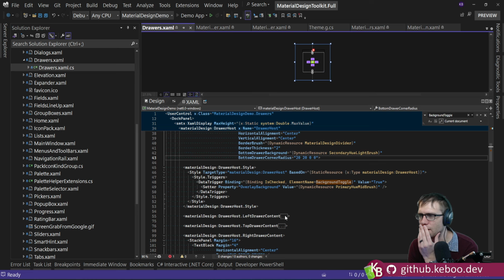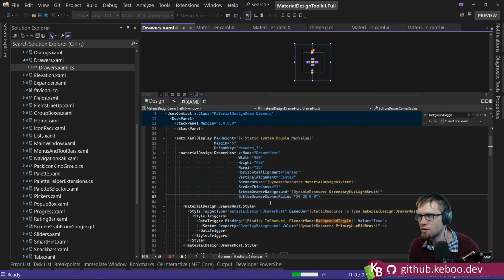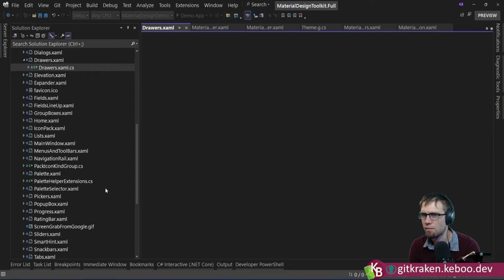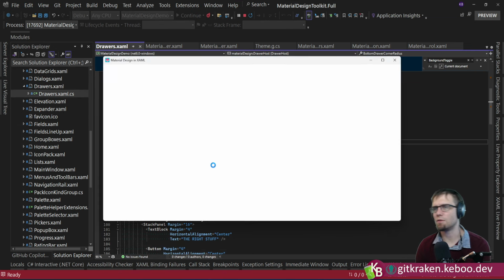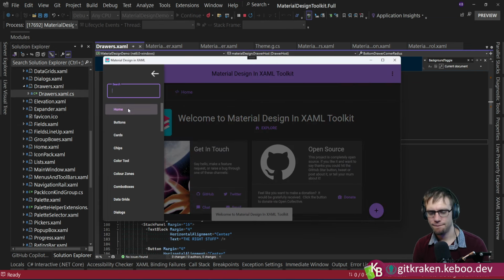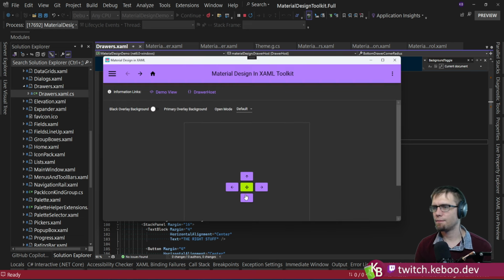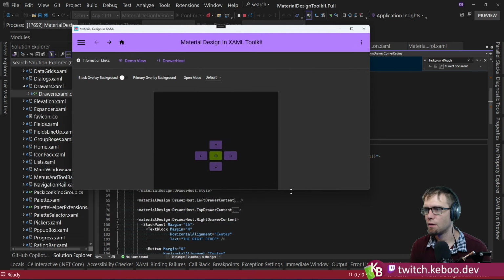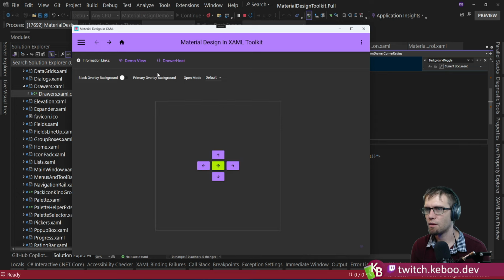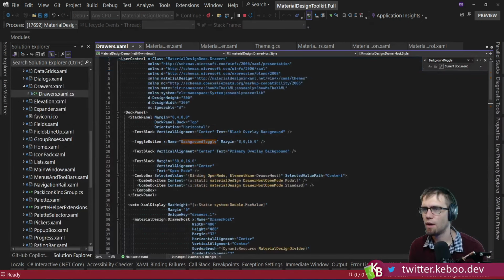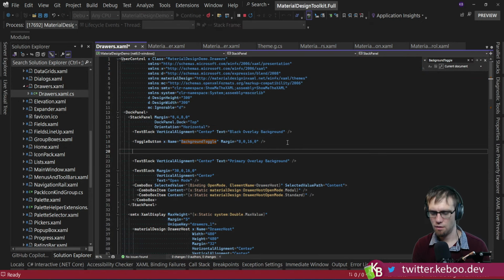Let's fire this up and see. Well, I also see a secondary hue light brush, so there's... Oh, this has to be using it because we saw the bright green on the bottom. So this thing must be used in the shim library. Yeah. Close all. Open mode standard. Close all. Okay. So what I would like to do is give myself a